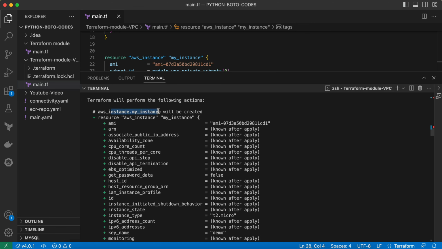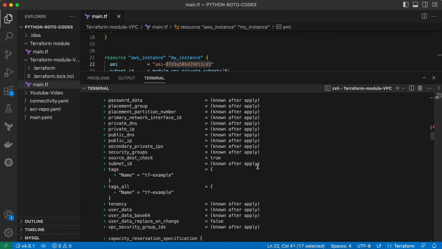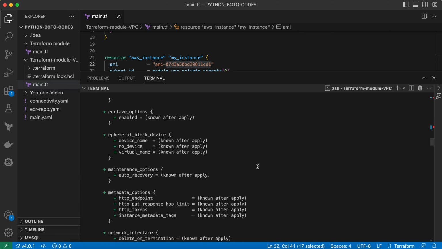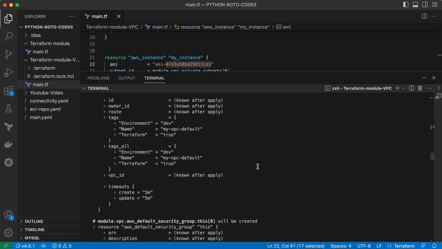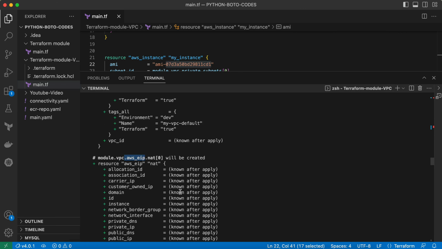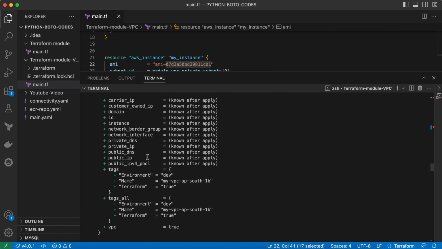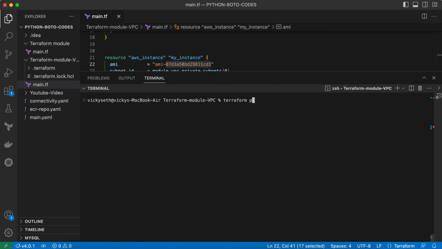So here it is telling me it is going to create the AWS instance for me. It is going to use this AMI ID. If you see, here is the AMI ID, T2 micro. Demo is the key pair name. And for the subnet, let me scroll down a bit. Let me look for the subnet information. So these all are created from the VPC module. Now let me do a terraform apply -auto-approve,